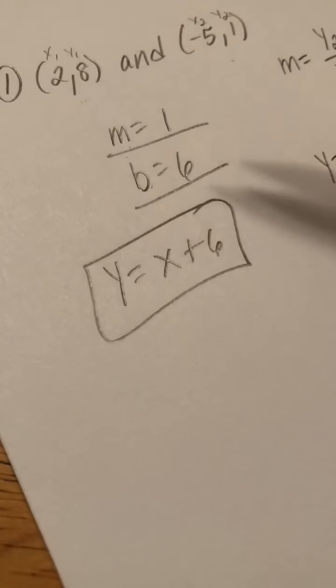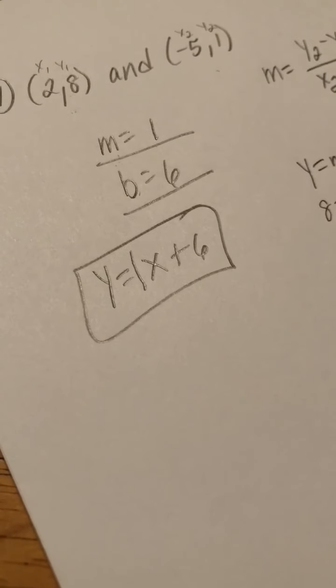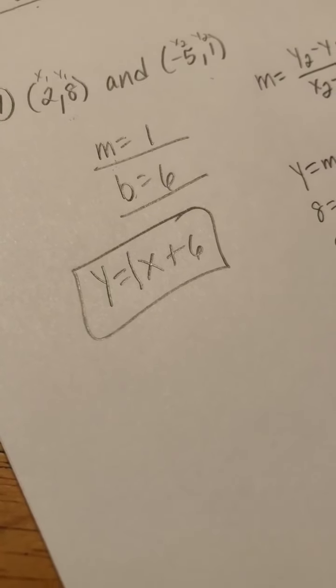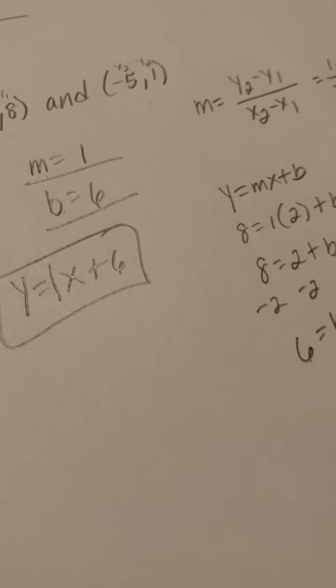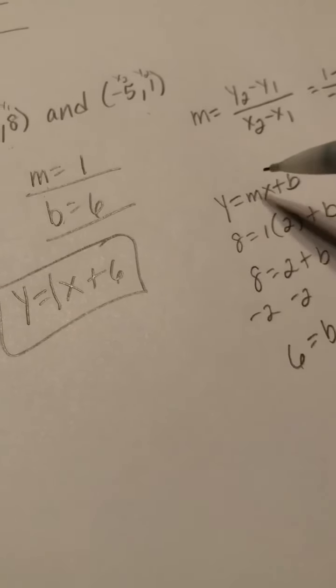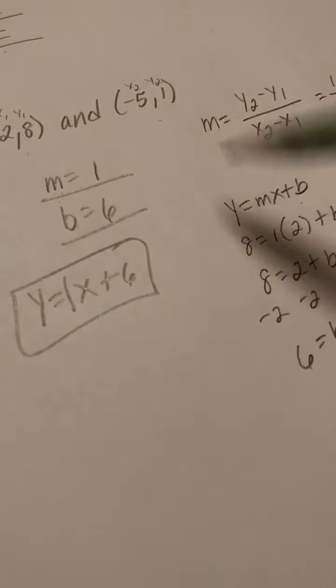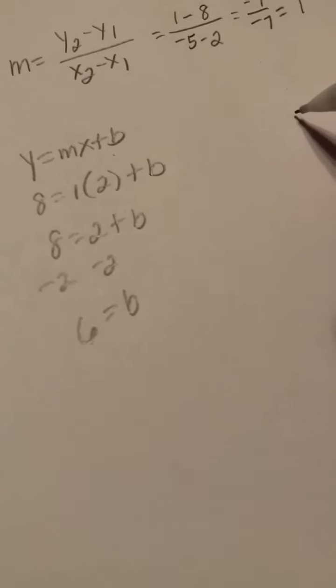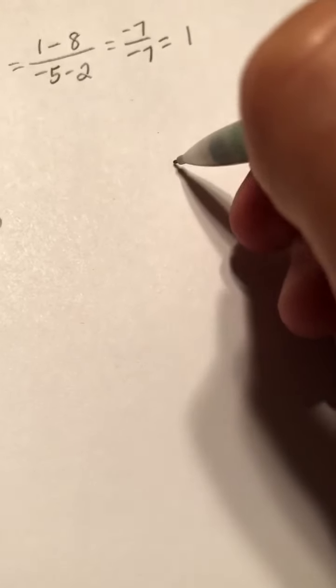Now, this is always where some of you ask, what if I write that 1 there? That's fine. You can, you don't have to, okay? Now, this is just to show you, you do not need to write it down. I'm just going to show you that it doesn't matter what ordered pair you use. So now I'm going to use this ordered pair. You do not need to do it. I'm just showing that using the ordered pair of -5, 1